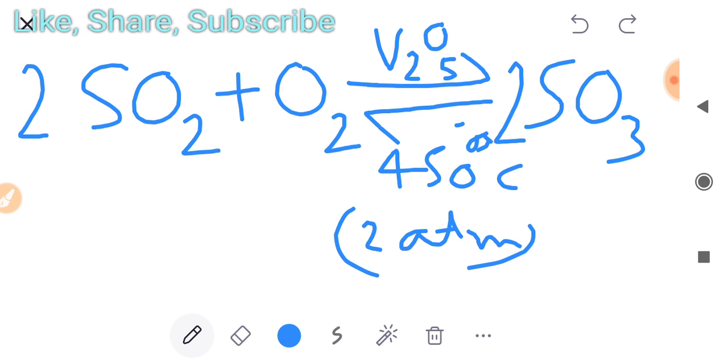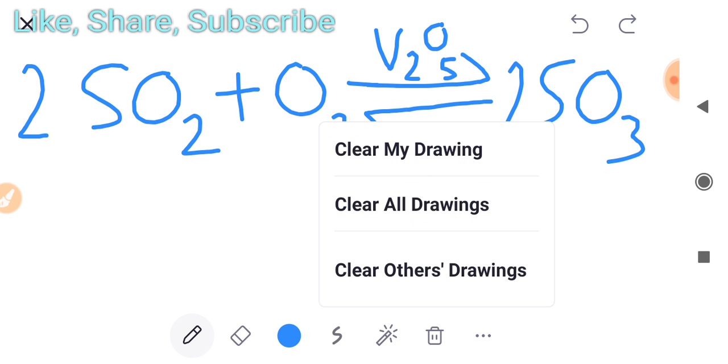And as catalyst we often use vanadium pentaoxide, or we can use platinum also, but it is so costly, so that's why we use only vanadium pentaoxide. In the presence of excess O2, this process reacts very smoothly. The role of catalyst, you already know, is that it increases the rate of reaction. This is the main step of this reaction.